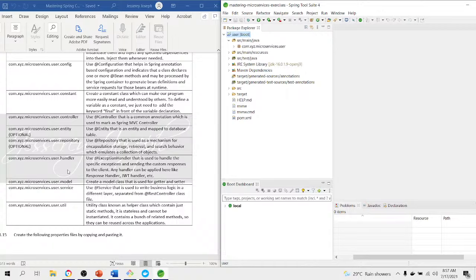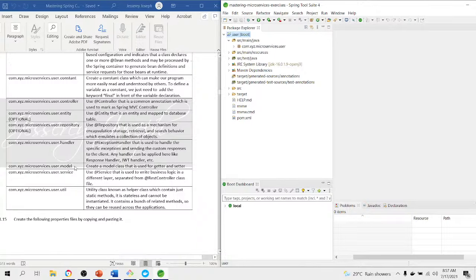And then for the handling package, that is used to handle the specific exceptions. The next one is model, that is used for requests and response models. Okay guys, and then also the service, that is used to write the business logic in a different layer separated